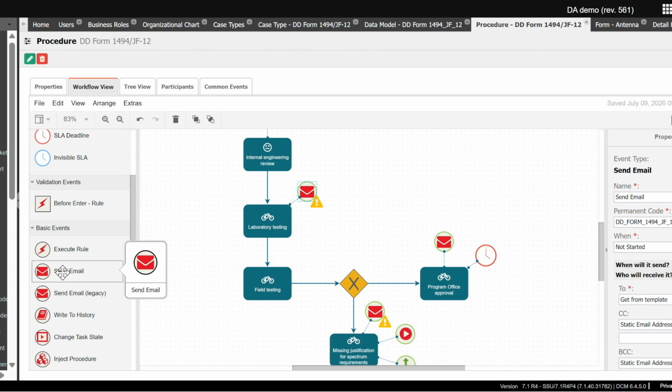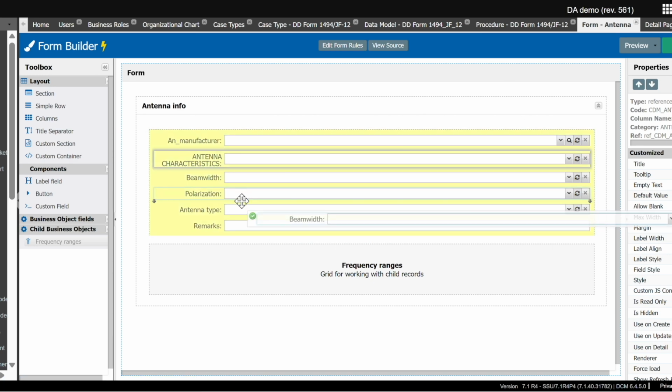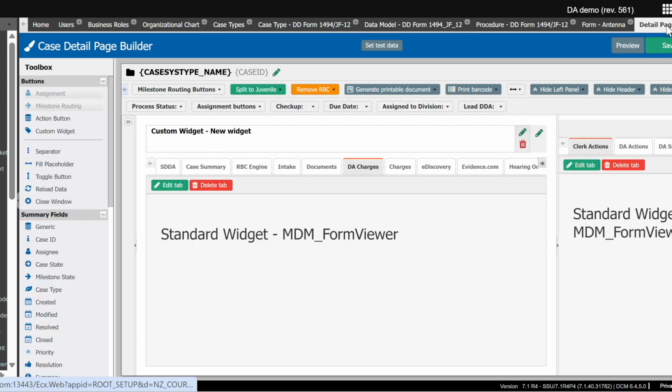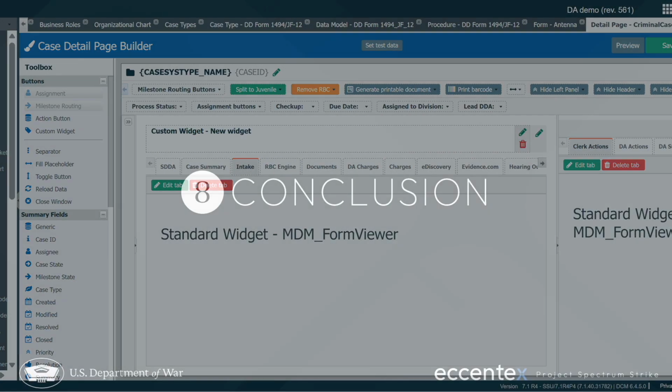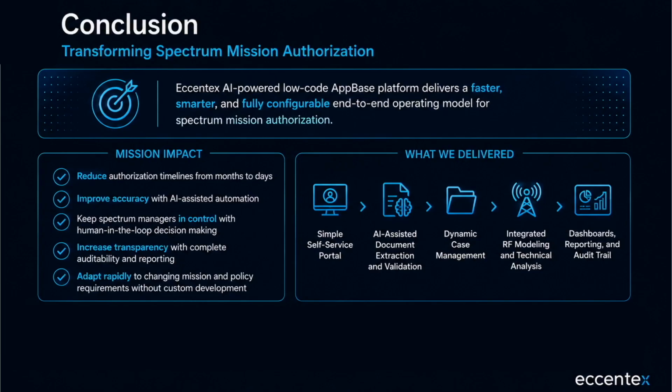In the Workflow Designer, I'll quickly add an email action to demonstrate drag-and-drop business automation. In the Form Builder, I can place those fields directly onto the form and adjust the layout with drag and drop. We demonstrated how the Eccentex AI-powered, low-code, app-based platform transforms Spectrum mission authorization into a faster, AI-assisted, fully configurable